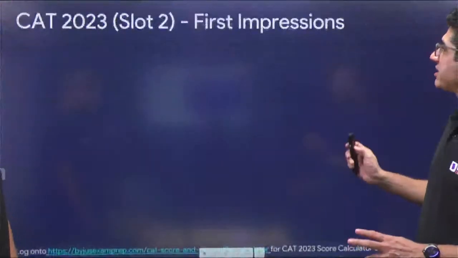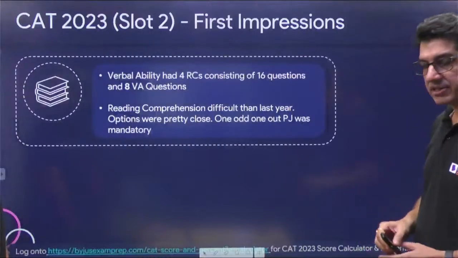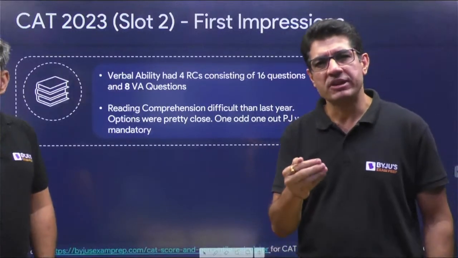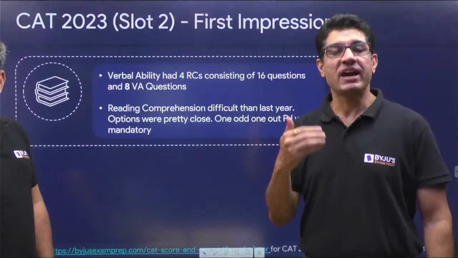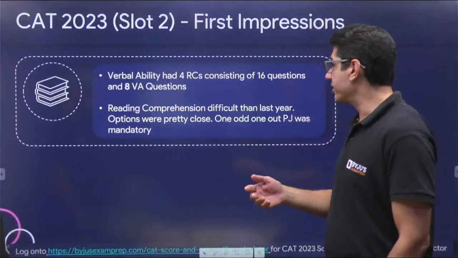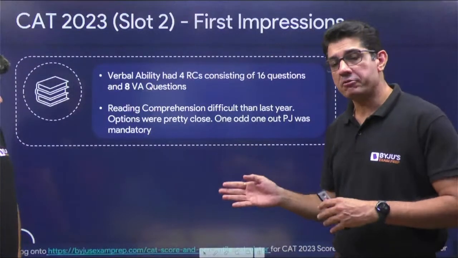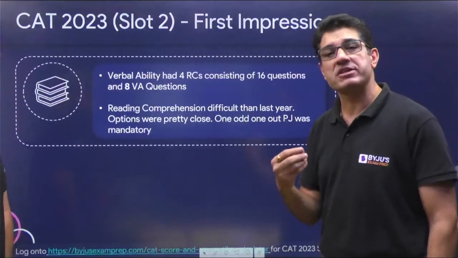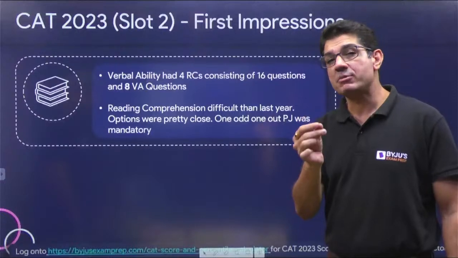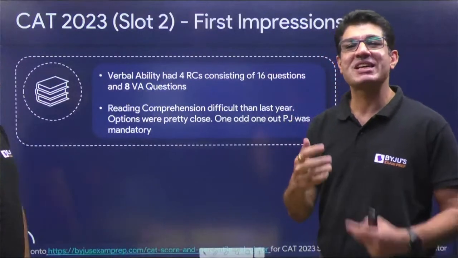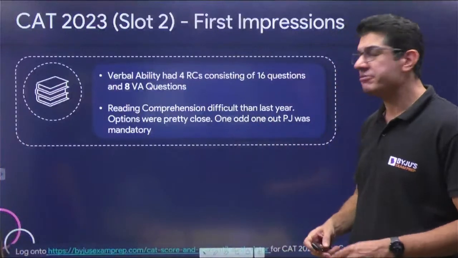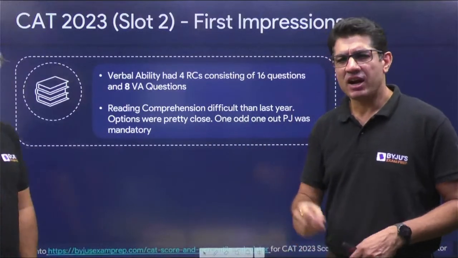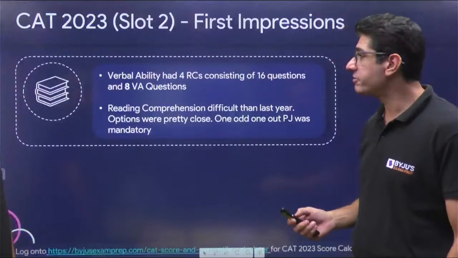So diving into specifically the first impression of VARC. We had 24 questions, 4 RC passages. 2 RC passages were easy to read, whereas another couple of passages would have challenged somebody who's not a good reader. And as usual, every passage was followed by 4 questions each. RC was difficult compared to last year, not in terms of the subject matter, but the number of tricky questions, the number of questions where the answer choices were close and ambiguous increased, and that could have challenged you a bit. And then paragraph odd one out made a re-entry after a very brief break of 1 year.